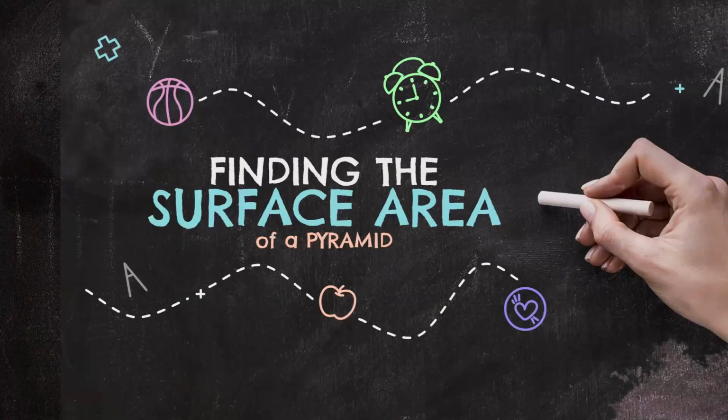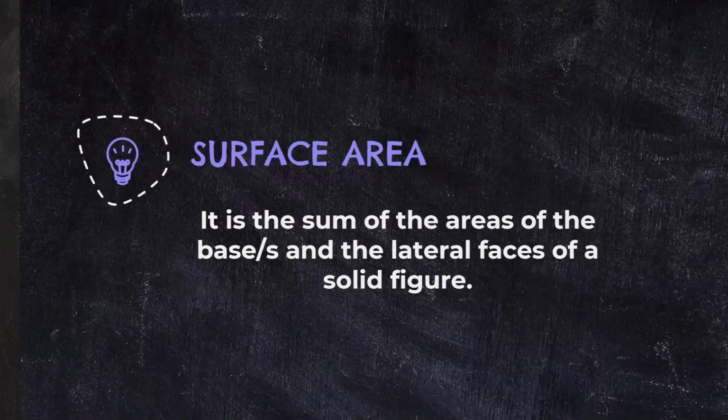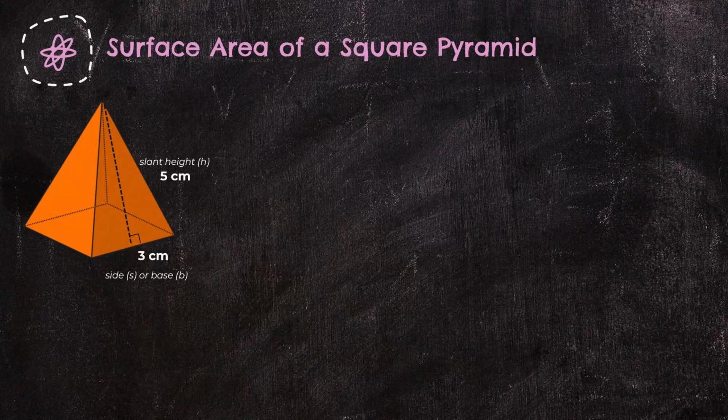In this math tutorial video, we are going to find the surface area of pyramids. When we say surface area, it is the sum of the areas of the bases and the lateral faces of a solid figure. So let's have the first example. Let us find the surface area of a square pyramid whose slant height is 5 centimeters and the base